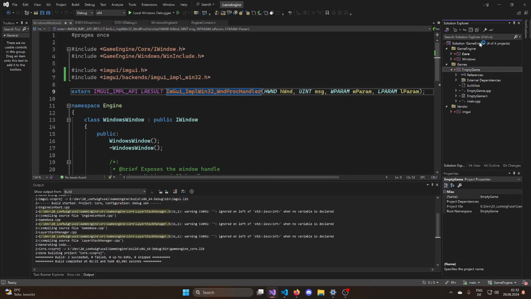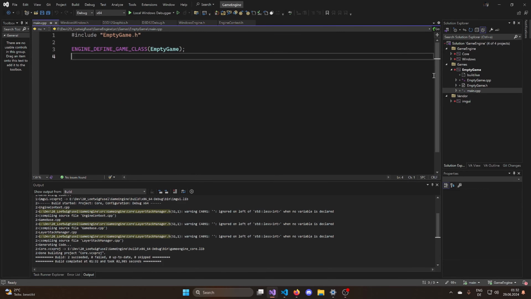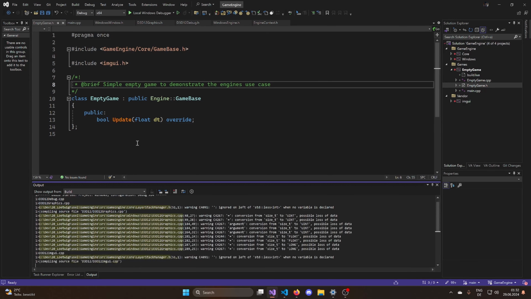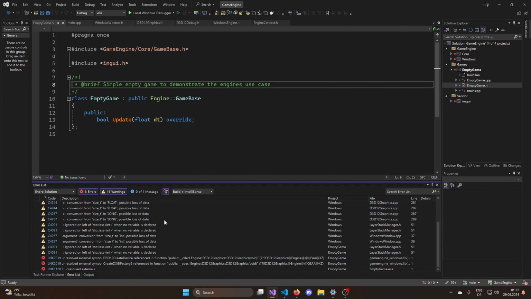What I now still need to do is fiddle a bit around with the game. Let's just set the game as a startup project. I think it should in theory directly work because we used Control-F replace all, and I should be able to run a complete game. The only problem that we're now going to have is that we have unresolved symbols again,